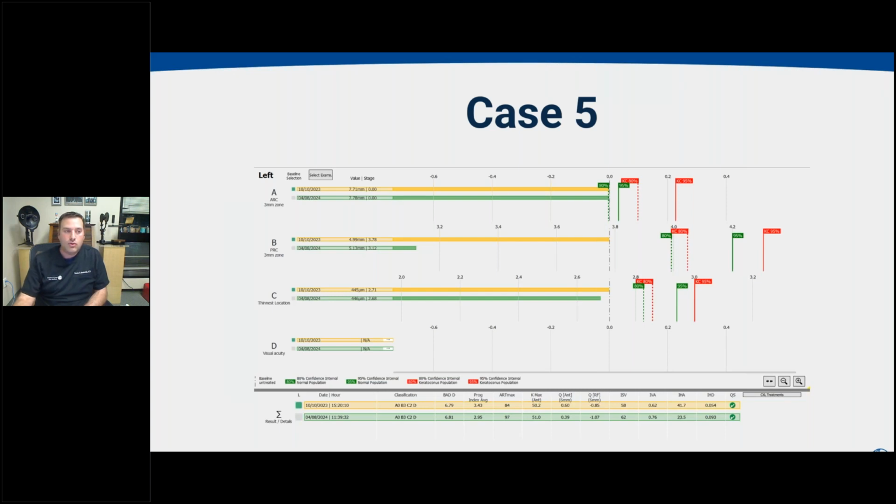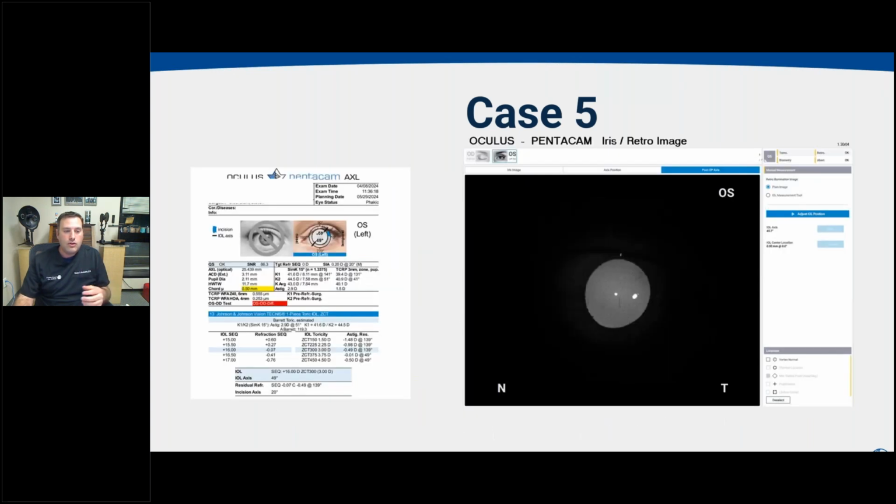progression, but we're able to, in this case, at least look at the patient's cornea over a 6-month span and see that the curvature in the front, in the back, and the thickness is all very, very stable. And this gives us extra confidence to now move forward and say, from a corneal measurement standpoint, our numbers are reproducible, they're not changing, and now we're going to use our IOL calculator to predict what to do